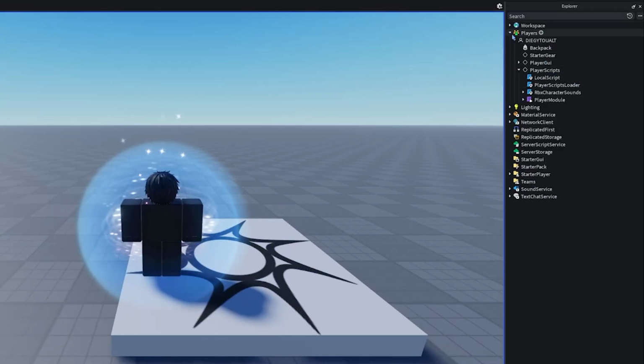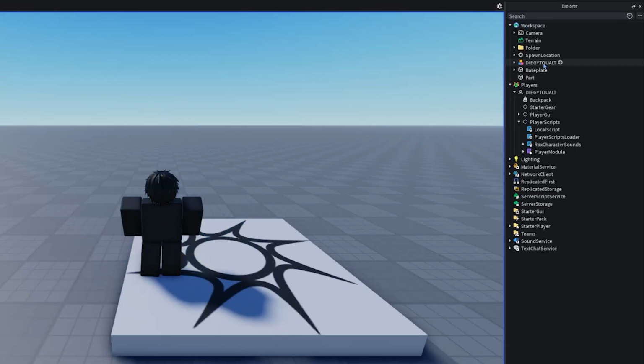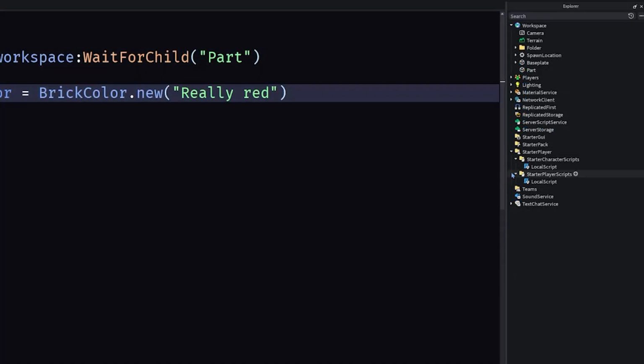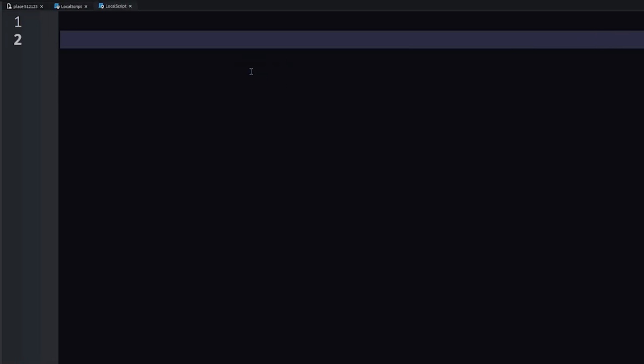This is because the script is instead located inside of our character in the workspace. Now we can find that local script. Now let's instead use the local script we added into our starter character scripts. In this script, remember, it's located inside of our character, so we could just get everything in the character from